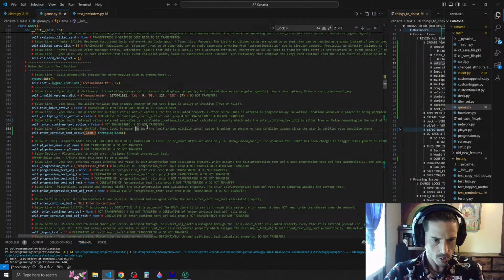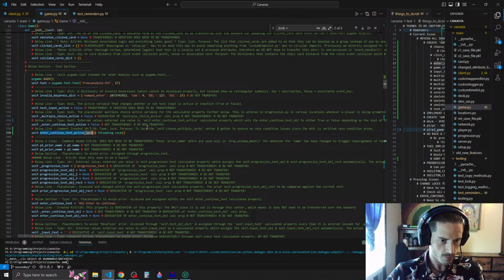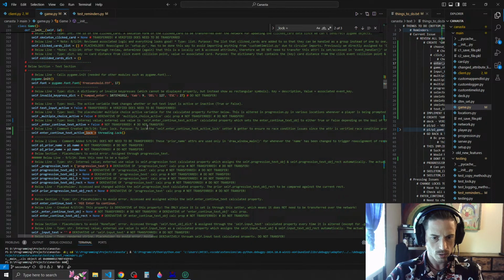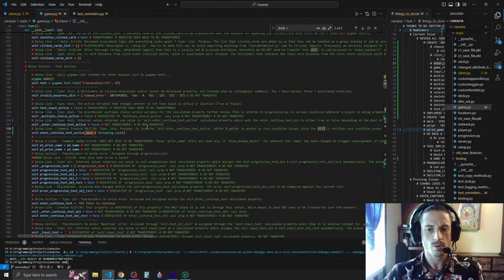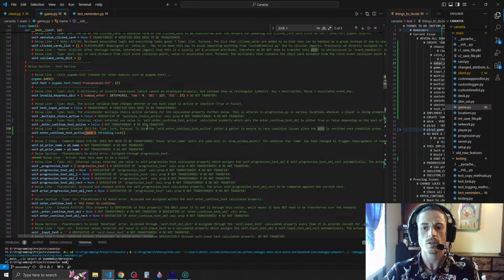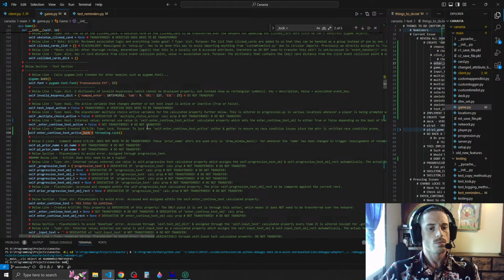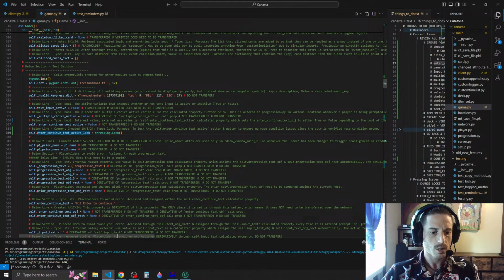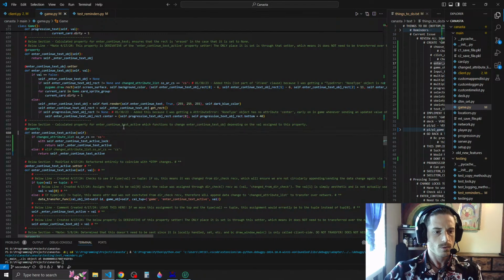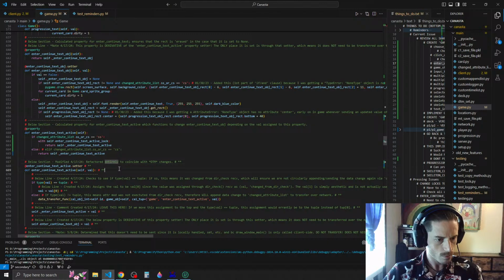Alright, purpose: to lock the self enter continue text active, so I have to change this setter and getter to ensure no race condition issue, since the adder is verified race condition prone. True. So we created that lock. Now we can go back to 660. Right. And now we're gonna do